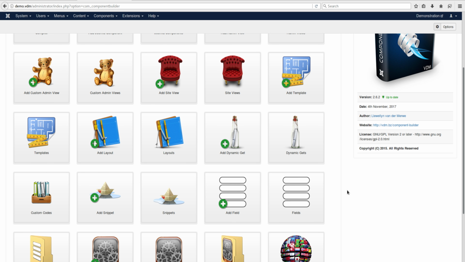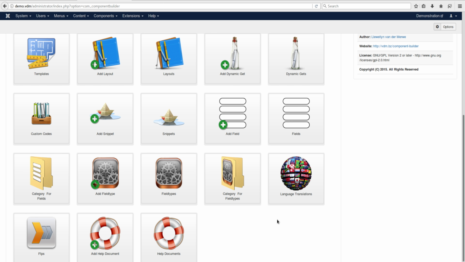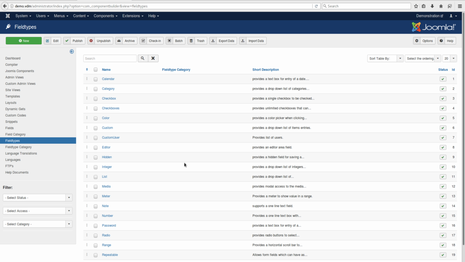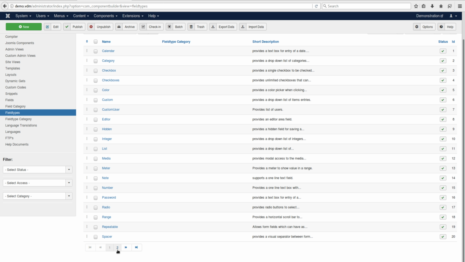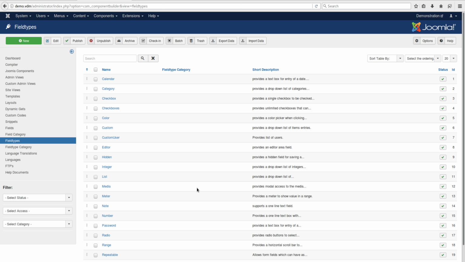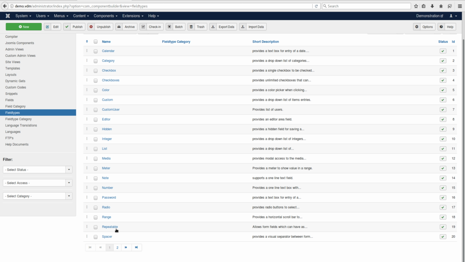So in JCB, it already ships with quite a lot of field types. So if we open the field types area, you'll see that there are many field types already set up. JCB is built in a way that it can be extended, like subform is a new field type which was recently introduced into the Joomla community. It also replaces an old field type called repeatable fields. Repeatable fields is a field type I would encourage you not to use anymore,